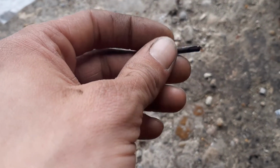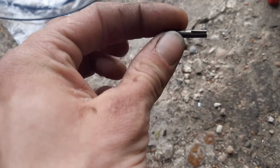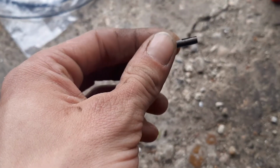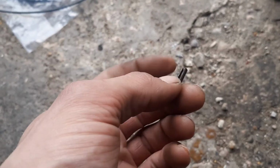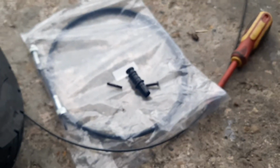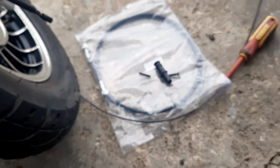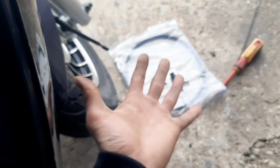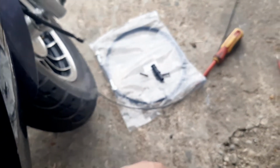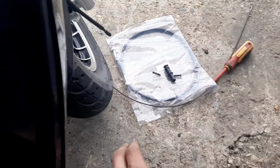So my plan now is to probably either find a replacement one of these, which I'm quite sure I'll be able to get from somewhere, or try and find a proper Speedo cable for this bike. So if anyone watching this, come on, focus. We're over here now. Yeah, we are. Yeah, if anyone knows where I could find one of them, I'm looking for...